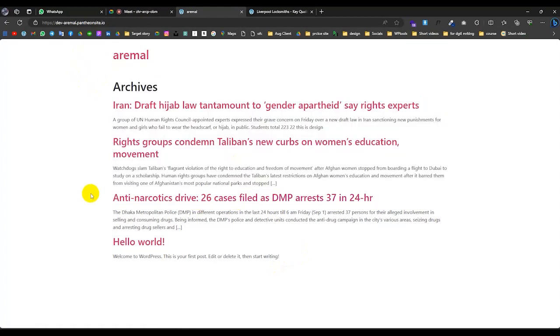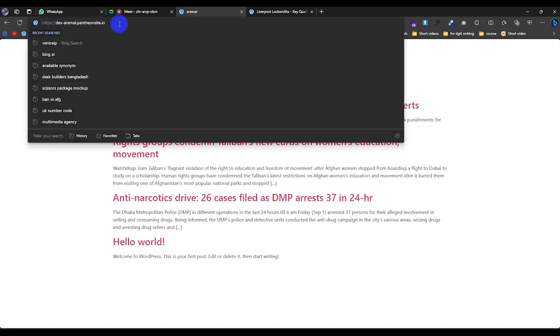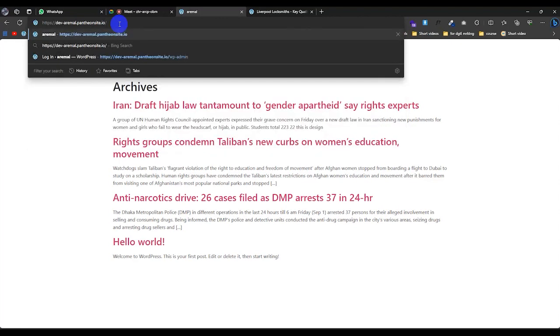But if you want to edit something else, if you want to make changes, we need someone else. Okay, for me, let's say I'm not a developer, I need someone else to edit this website from the backend. So for this purpose, I have to create some user who has the power to edit, delete, or remove anything from my website. So the most powerful user role is administrator. Okay, so if I click my website address, like dev-arifremal.pantheonsite.io, then if I press slash, then